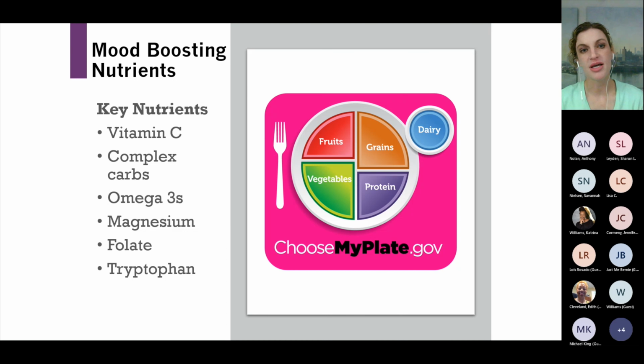And really when we think about the plate, we've got half plate fruits and vegetables, which I'm sure many of you have heard, more veggies, the better, but they also provide us with wonderful nutrients, vitamin C, magnesium, and folate. When we think about our grains, of course, those are going to be complex carbohydrates. And then our protein sources are going to be wonderful additions for tryptophan in our diet. And these all play a role with our mood. And we're going to go into each of these different categories in the next few slides.